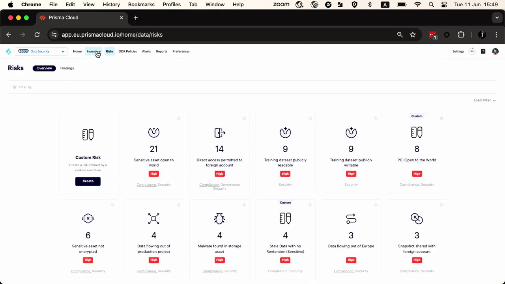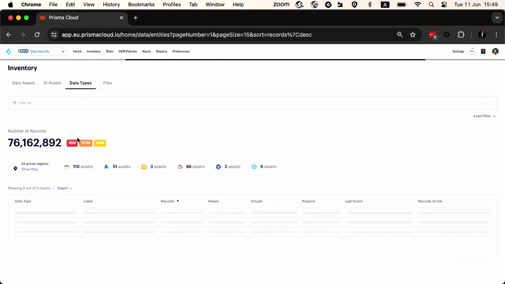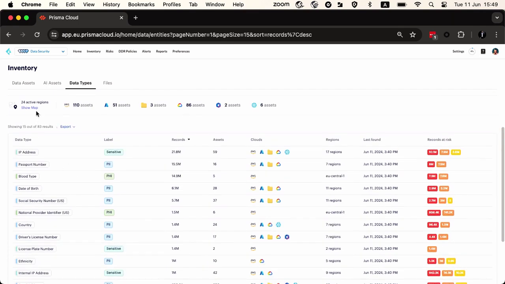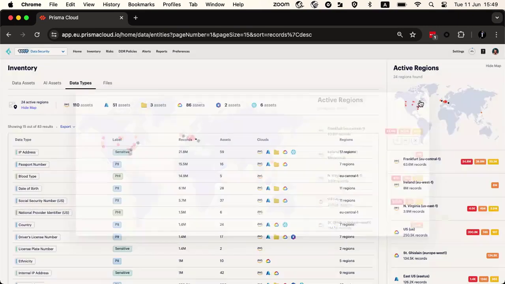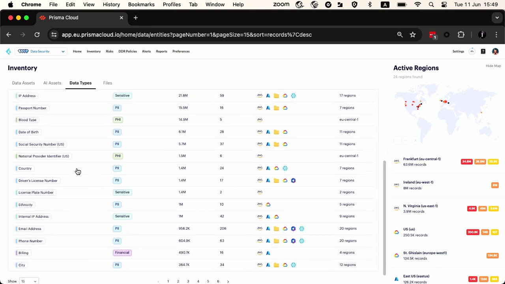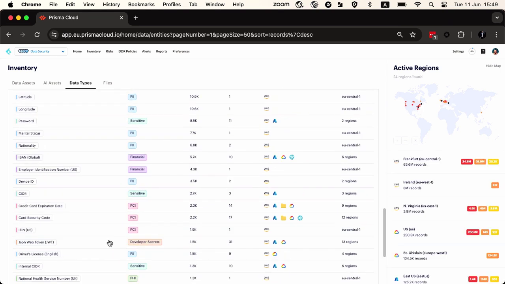Now, recently we also introduced and expanded this. So not only are we able to see the assets, we're also able to see any type of data type that we found across the environments. So very quickly you have a map of, first off, where do we have sensitive data around the globe in a very simple fashion. What kind of sensitive data have we found across the environment, whether it is social security numbers or credit cards or email addresses or cities or anything that we were able to find automatically.